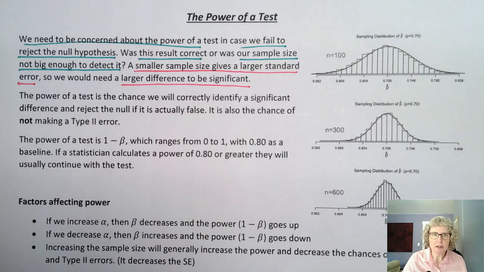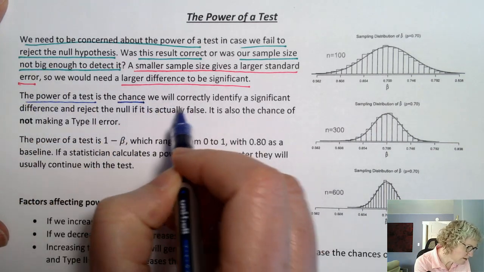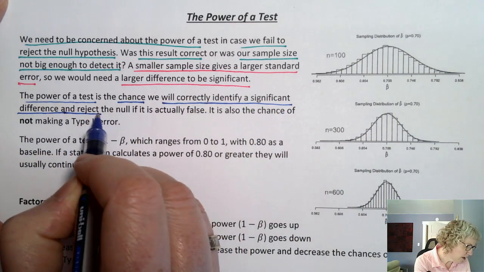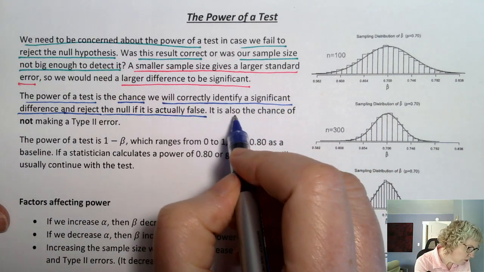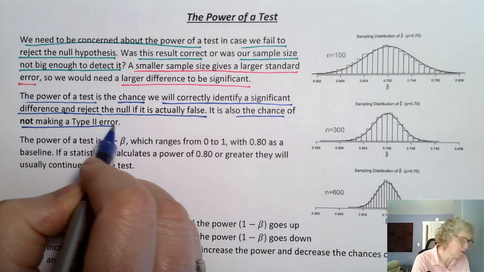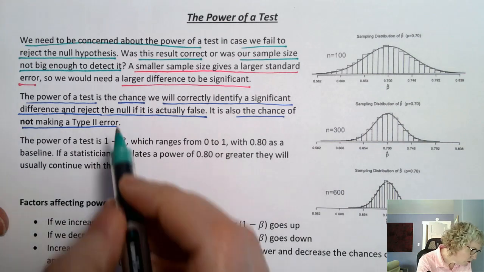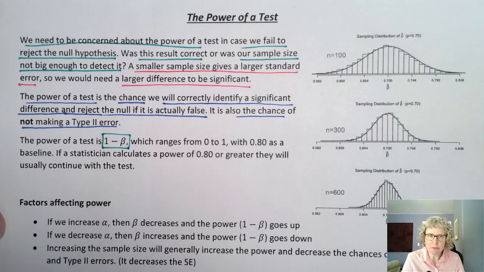Okay, so then we define this concept called power. The power of a test is the chance we'll correctly identify a significant difference and reject the null if it is actually false, okay? It's also the chance of not making a type 2 error, and because of that, we use the symbol 1 minus beta. Since beta is the chance of making a type 2 error,